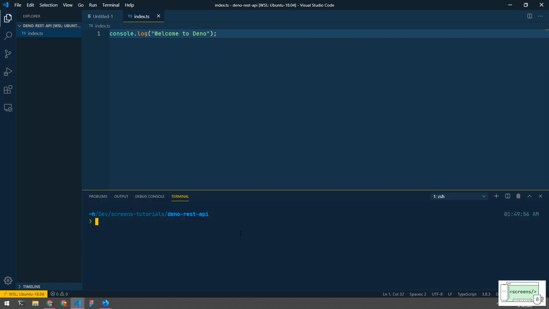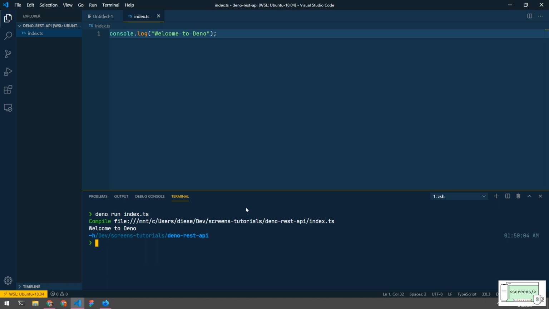So in order to run this index.ts file, we need to run this command deno run index.ts. So now you can see that the file is compiling and we have a console log which says welcome to Deno. Okay, so nice thing of having Deno is that you don't need a package.json file as well. So you just need to provide the dependency, the URL of the dependency, and it will pull it to your local